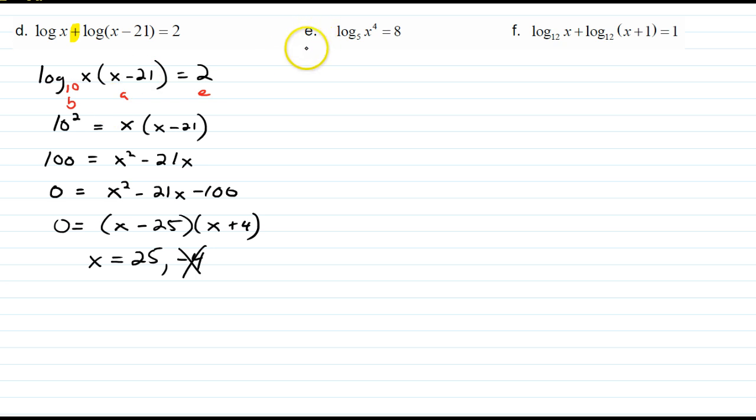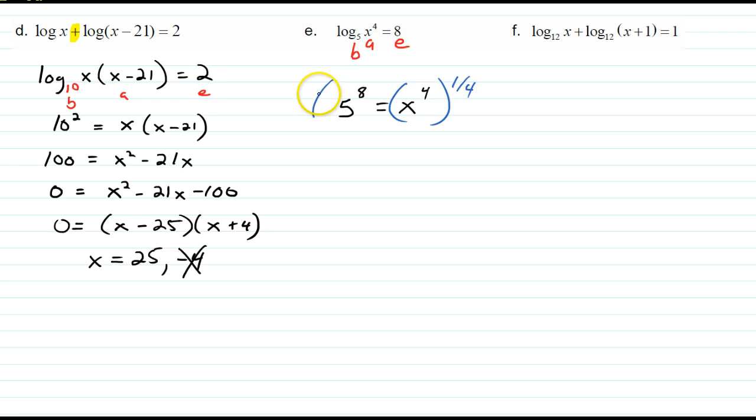Alright, so let's look at E. Again, we have our base answer exponent. This is our base, this is our answer, this is our exponent. So it's going to be 5 to the 8th power is going to equal x to the 4th. And so we could actually go 5 to the 8th and take the 4th root of it, but the better way is once you get to here,